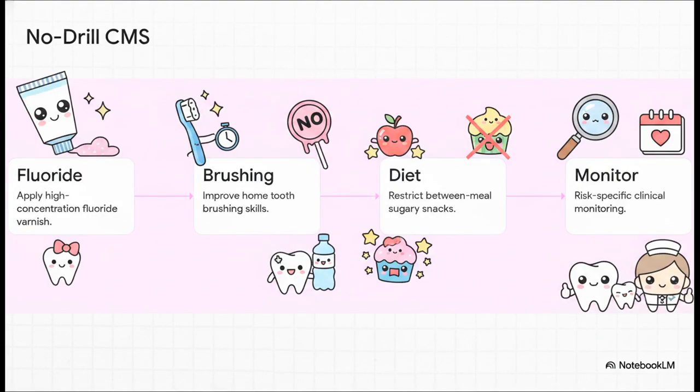Let's move on and see how this builds into modern clinical practice. Researchers at the University of Sydney actually developed the caries management system, or CMS. It proves that early decay can be completely stopped without the traditional drill and fill method. It requires 4 steps. First, a dentist applies a high-concentration fluoride varnish to early decay sites to aggressively boost that